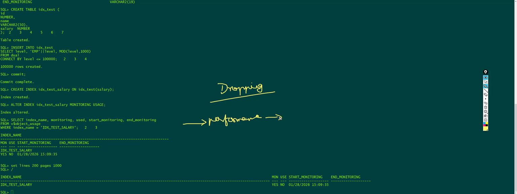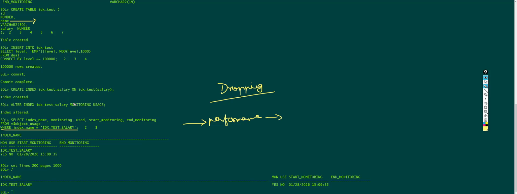Why performance reasons? Say I'm creating an index for a particular column, for example the name column. Now I need to know whether that index is used or not when the application queries are executed. Without any usage, there is no point in creating an index. That is the main reason for monitoring the index. Instead of manually checking the plans, which is quite difficult and complicated, and needs a lot of work,